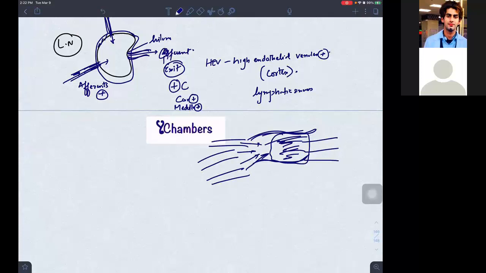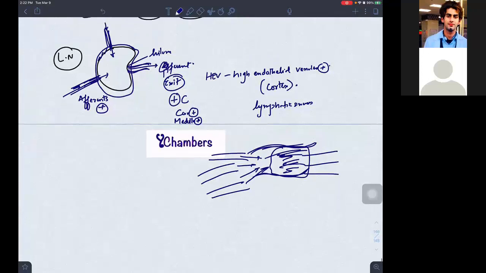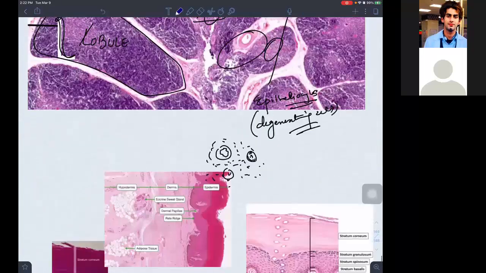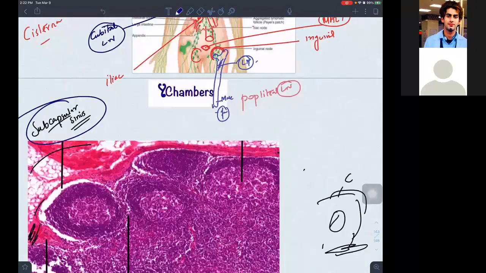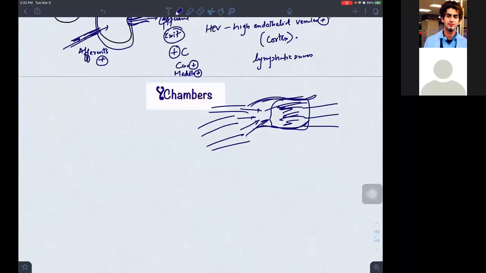Yesterday I taught you the subcapsular sinus, isn't it? On the lymph node. So subcapsular sinus is positive. Subcapsular sinuses are present. And you saw some reticular meshwork also. This is the feature by which you can tell that, sir, it is a lymph node. Which feature, sir? Presence of lymphatic sinuses. That is the subcapsular, trabecular meshwork, or medullary meshwork also. So you can have sinuses, subcapsular sinus, trabecular, medullary, and some reticular meshwork. That is how you can tell characteristically that it's a lymph node.